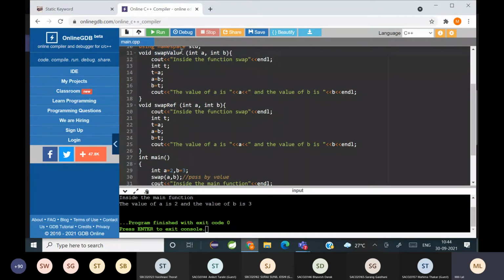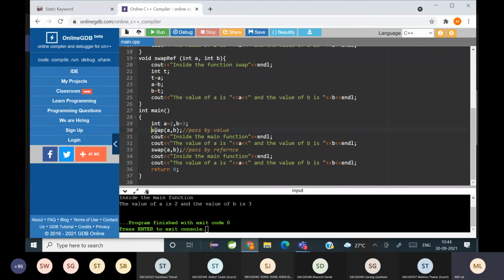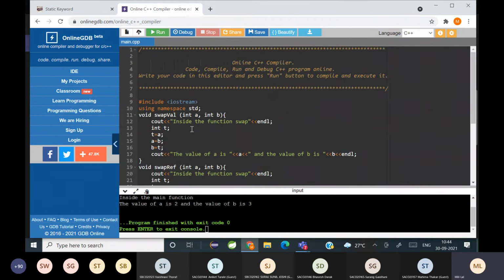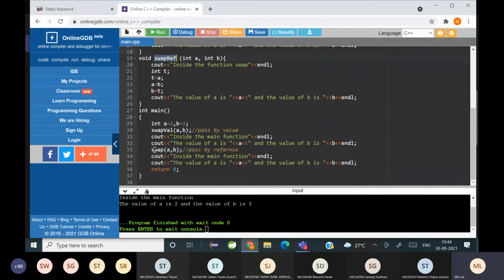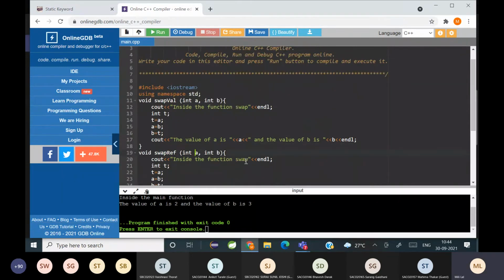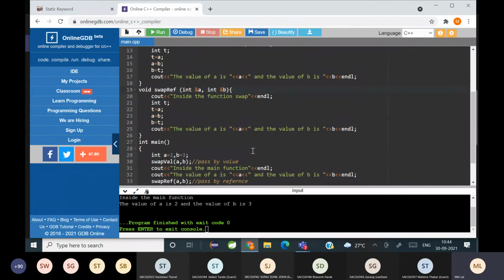And copying this function name here and copying this function name here. Okay. And passing by reference मतलब यहाँ पे ampersand and यहाँ पे. ठीक है? Have you all understood? Yes, ma'am. Okay.